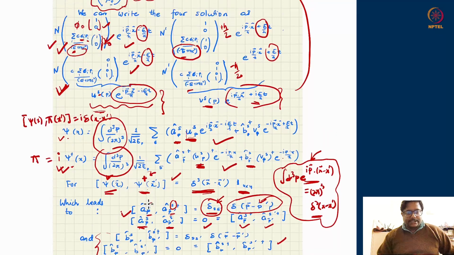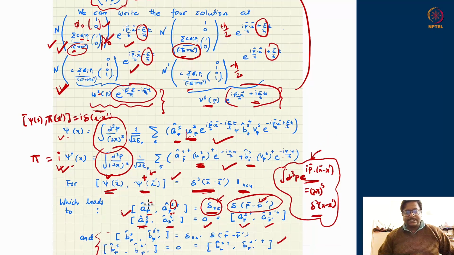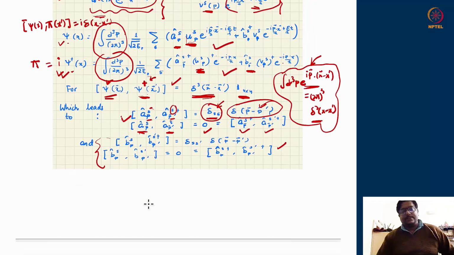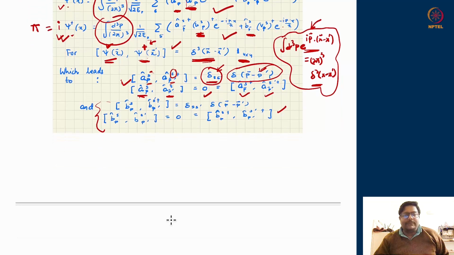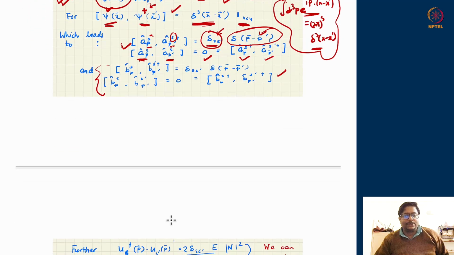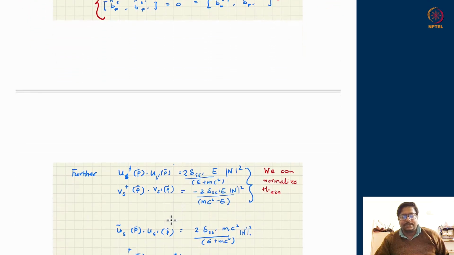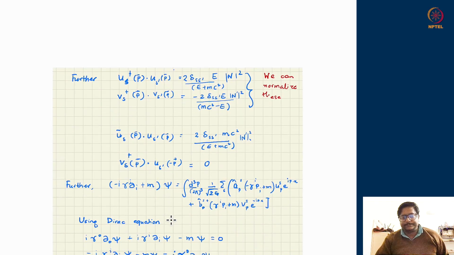8 operators in the sense of 4 complex entries. So this set of operators is also different, and you will have a_s for s plus half and minus half, a dagger for plus half and minus half, b_s for plus half and minus half, and b_s dagger for plus half and minus half. So this is the structure which emerges. This is mathematically slightly richer, but nothing conceptually very different, apart from the fact that we are not talking about a real scalar field but a complex oscillator kind of thing.